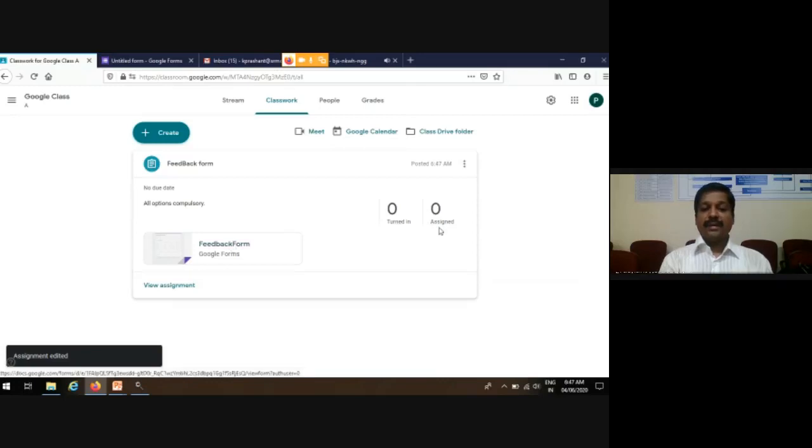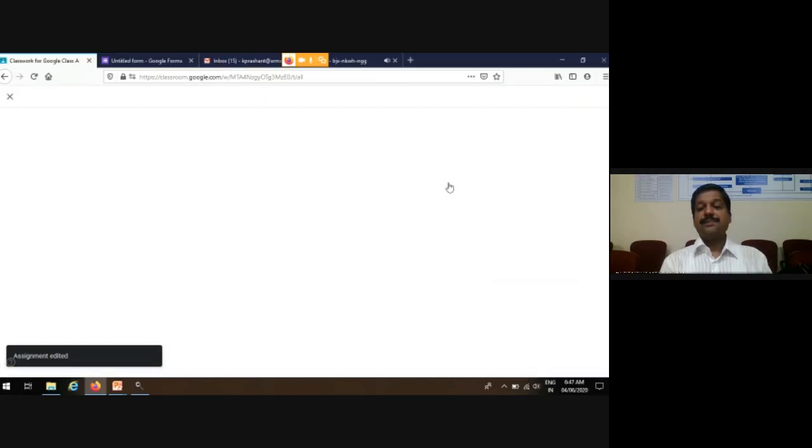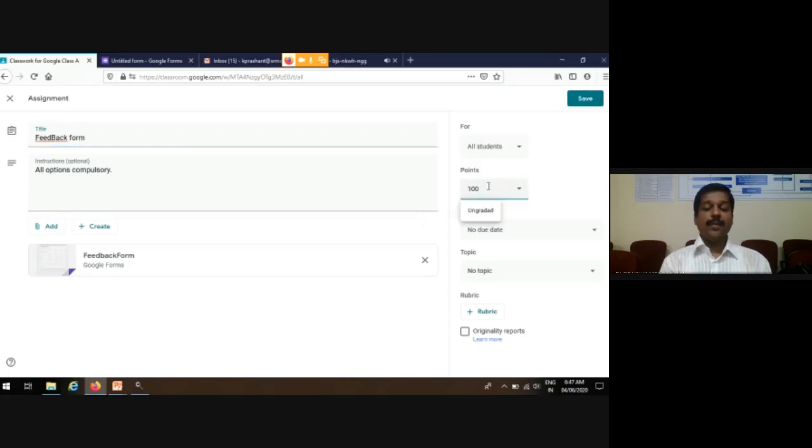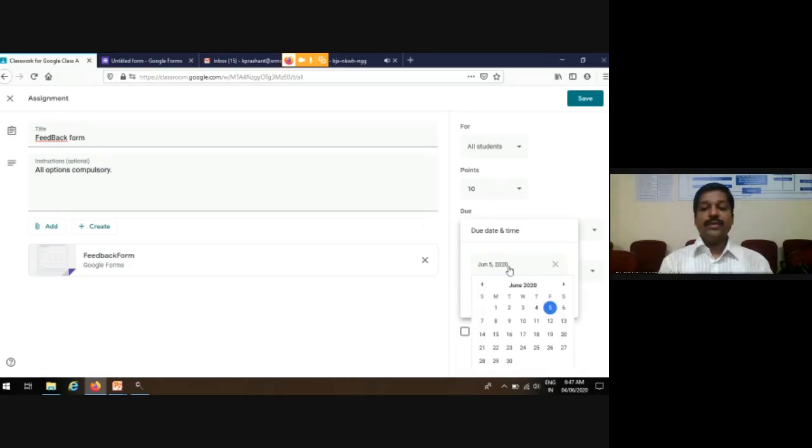On this again, I want to show one thing. On the right hand side corner there are some options. That means how many points you have given for this assignment, like suppose it is for 10 marks. Then the due date that you may set over here, on which date you want this assignment to be collected from the students, then the topic.